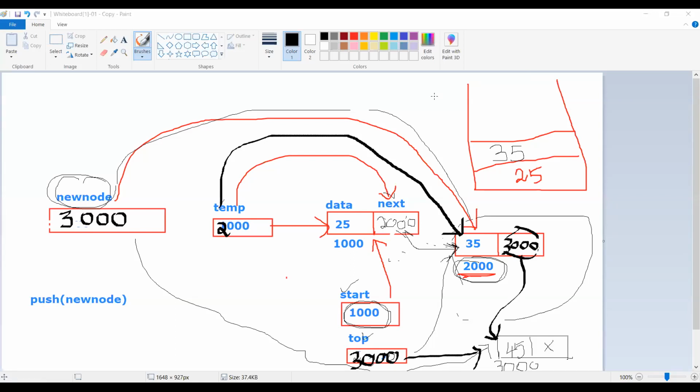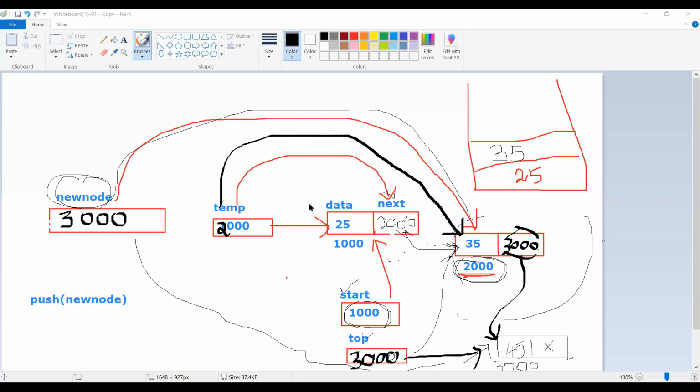Do you understand this push function? If you understand, it is very easy for all the other examples. That's why I'm spending much time and giving more concentration on this. If you are clear with this, then it is the same thing in a queue. Instead of LIFO, the queue is FIFO. That's all. I hope everyone has understood. The same operation we will do for pop. We'll see what is happening in the pop function.